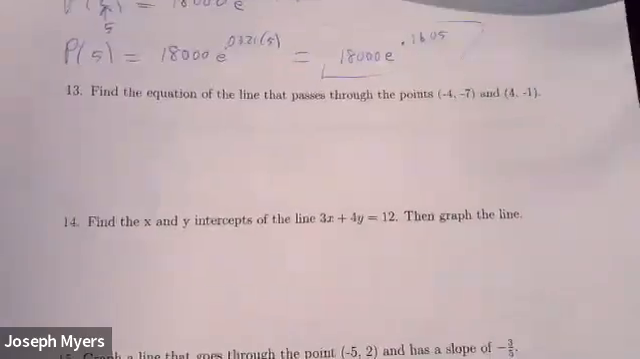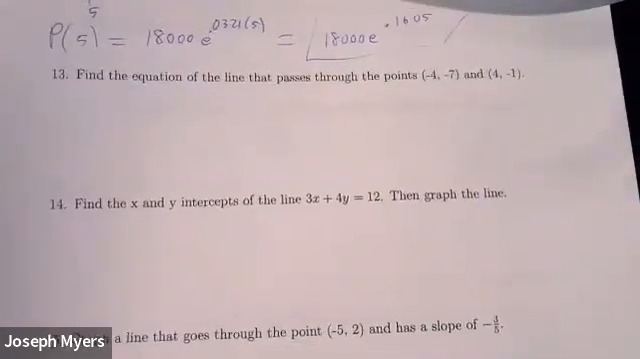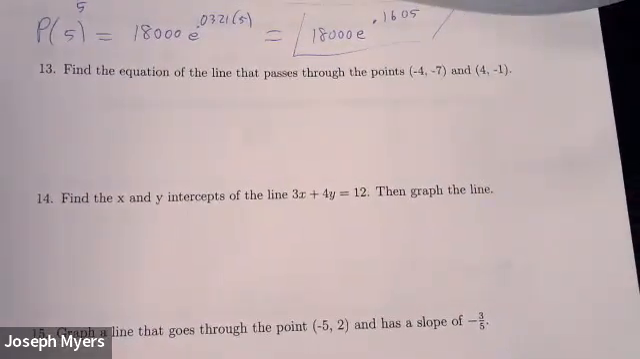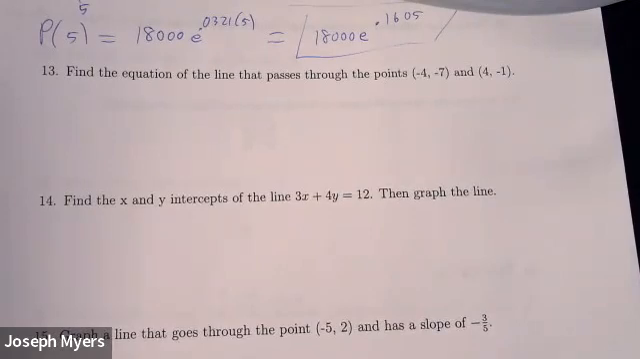Now number 13. Okay, find the equation of the line that passes through those points. So to find the equation of the line that passes through those points, I have to find the slope first. So the slope of a line is